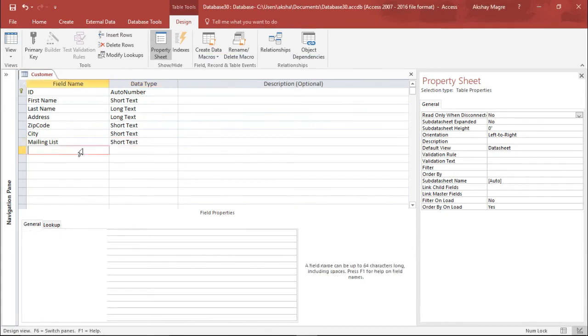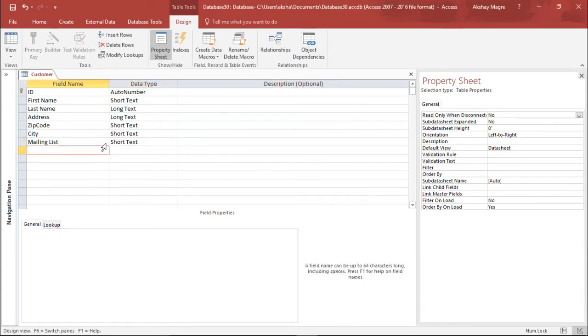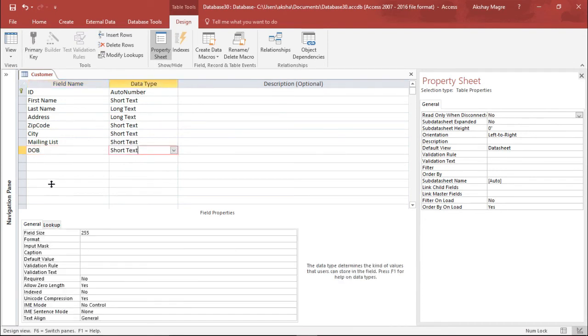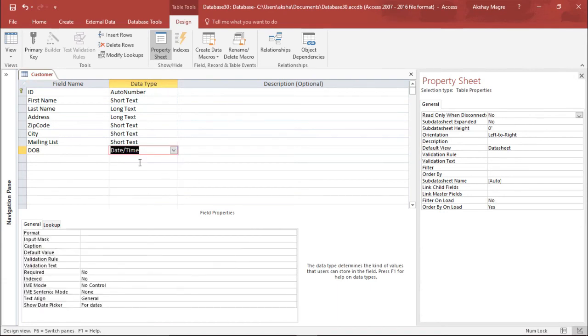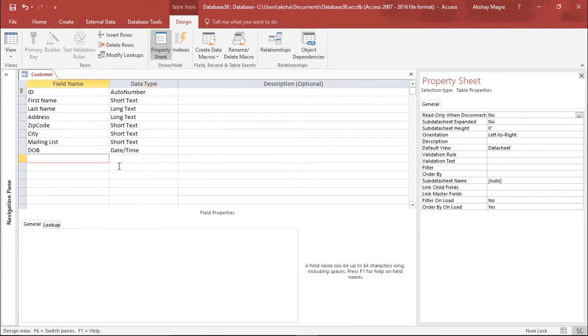But before doing that, let's go ahead and add some more fields to the database. Let's say I want dates as well, like when they have visited our company and bought some product. So let's say their start date, or let's take this as date of birth. I would like to know their date of birth in my database. So if I go under this drop down menu, this time I will select date and time. Basically it will restrict them to select only a date and time. Nothing else can be selected.